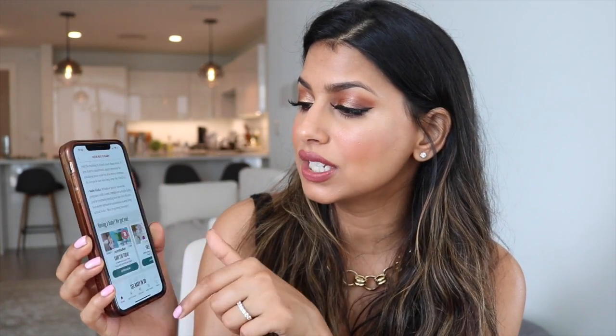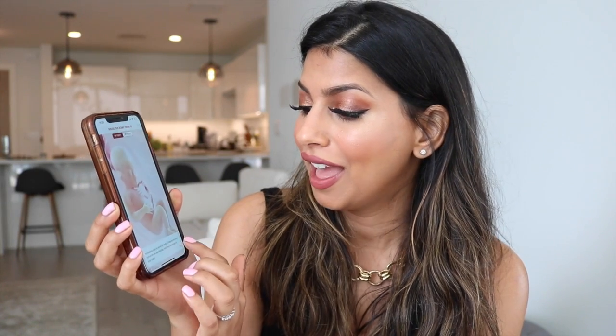So it goes into all of the details there, and then you can also, let me show you, because this part is the coolest, most amazing part, it shows you inside the Bump. Oh my god, I can't even deal, it's so cute. It shows you the progress and the growth of the baby, and it tells you what is happening that week. It also goes into detail about what is happening in your body, how big the baby is in your belly, and it's just a very nice detailed app that's so easy and very to the point,